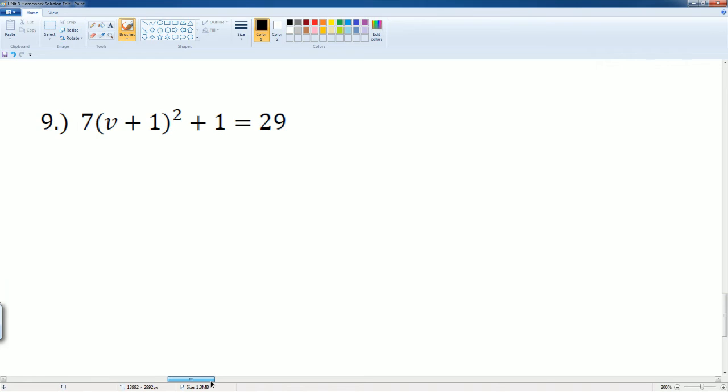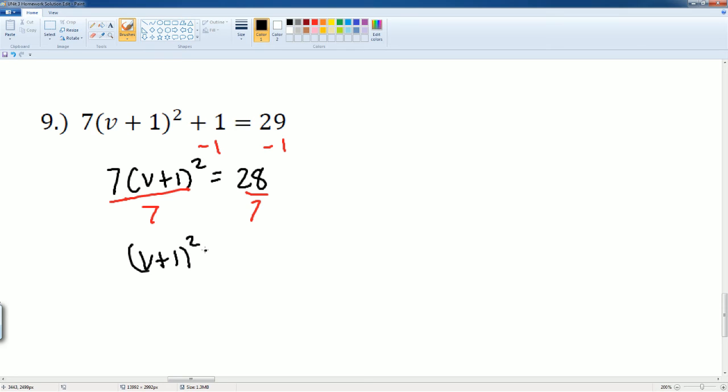Okay, let's do 9 here. Subtract 1 from both sides, leaving you with 7 parentheses v plus 1 squared is equal to 28. We want to now divide by 7 on both sides, leaving you with v plus 1 squared is equal to 4. Okay, square root both sides, leaving you with v plus 1 is equal to